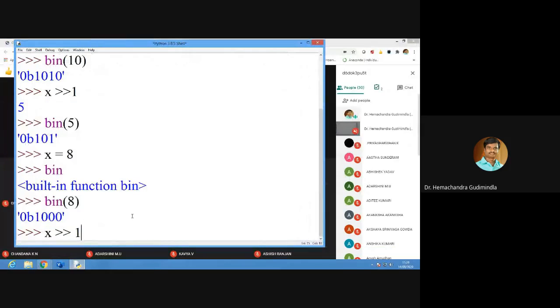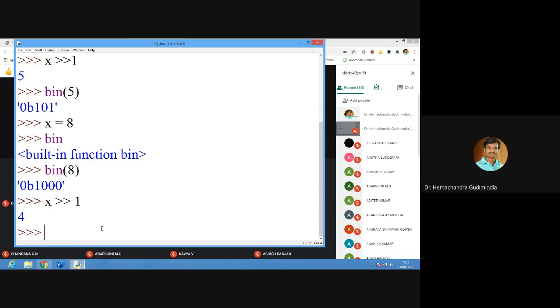We are moving this 1 to the right side. That means this 1 will come here, this 0 will move. So we are moving all the bits towards the right. Now this will become 4. You can see, right? 1000 will become 0100. We are just moving the bits towards the right.